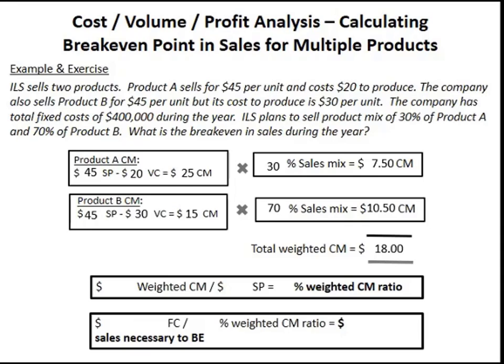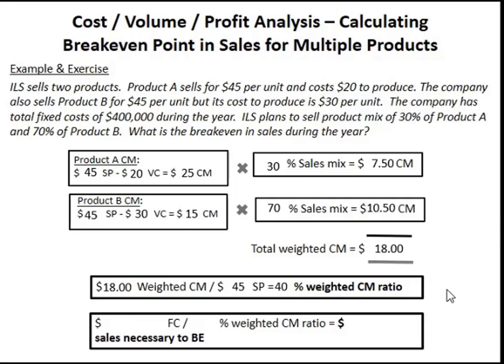Now, in order to come up with our break-even point, the first thing we have to do is calculate, just like we do with our break-even formula in terms of total sales, our contribution margin ratio. Since we're going to be using the $18, we're going to call this a weighted contribution margin ratio. So we take the $18 weighted contribution margin, we divide it by the sales price of both product A and B, which is $45, and that means our weighted contribution margin ratio, the CMR in effect, is going to be